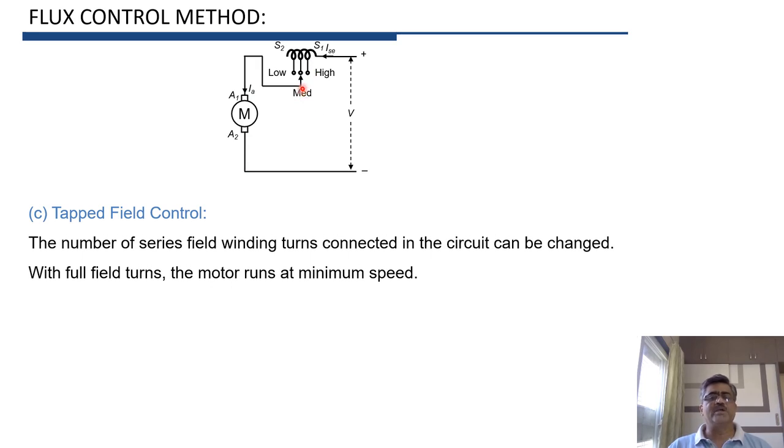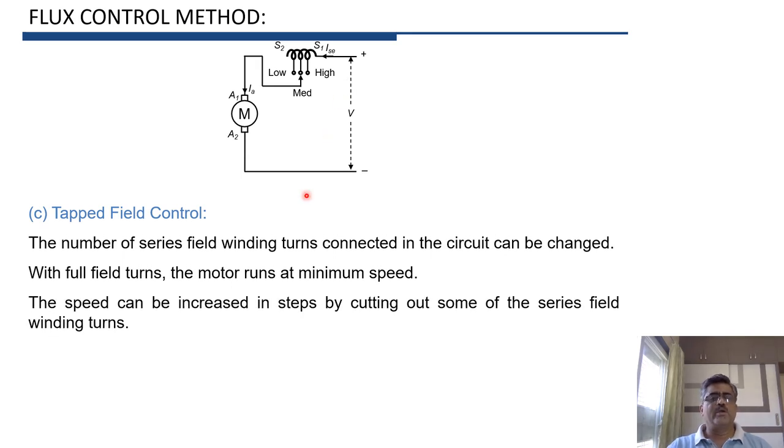And with the switch in the third position, the number of field winding turns connected in series with the armature will be minimum. So with minimum field turns, flux will be minimum and speed will be maximum, and therefore we will get high speed or maximum speed. So in this case, the speed can be increased in steps by cutting out some of the series field winding